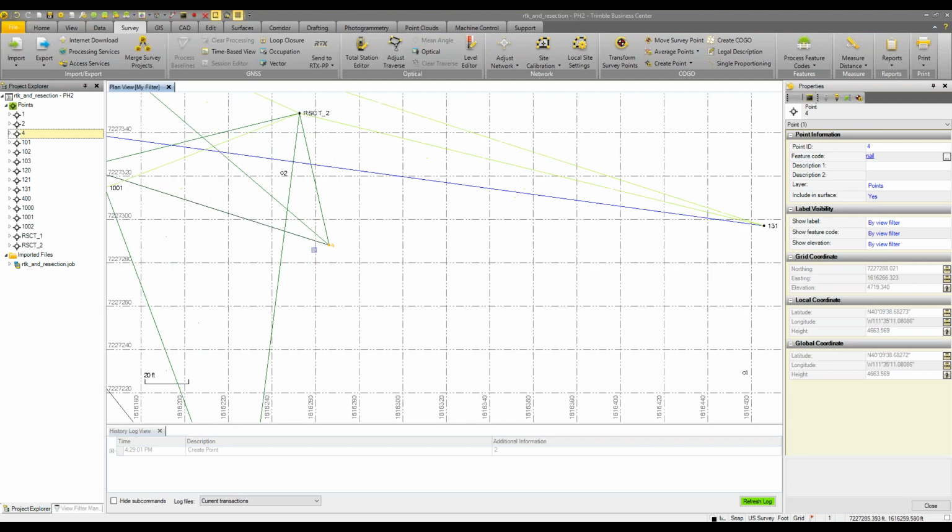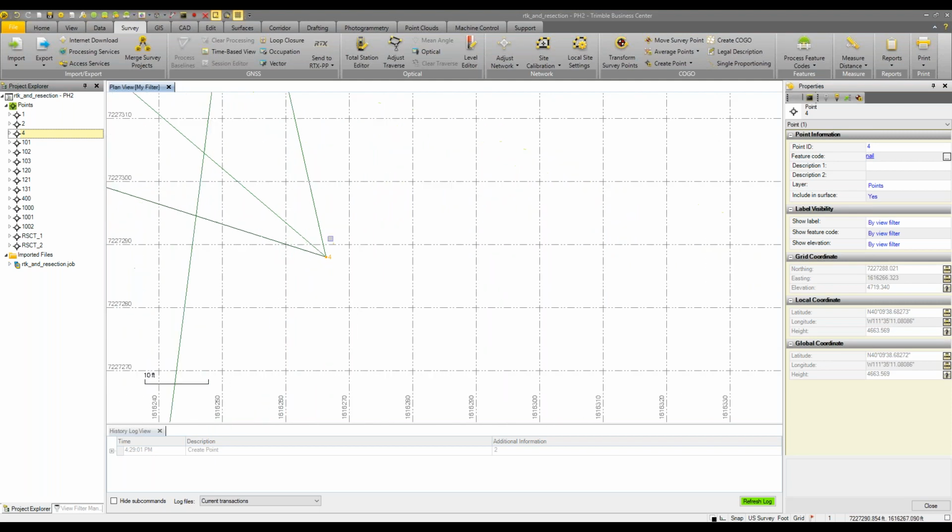All right, got a little sidetrack, but I want to show now the average points and modifying survey points routine. So in Survey tab, go over into COGO, and again, a hidden menu. We make it so much fun. We've got so much in TBC, not enough real estate on everyone's monitors. We've got average points, and then in the drop-down, explode, merge, or rename. I'm going to explode points,